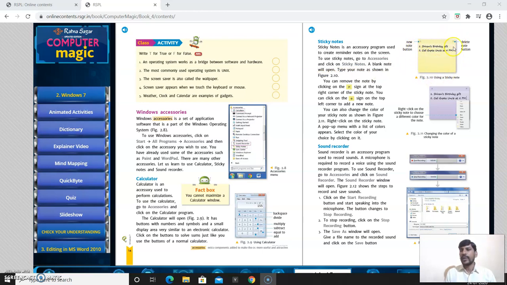In sticky notes there are some buttons: the new note button and the delete note button. Whatever is important, you should write on this sticky note. It is just like on our mobile, acting like a reminder also. Suppose some dates of birth or important occasion days, you can type in this sticky note and save them in your computer.